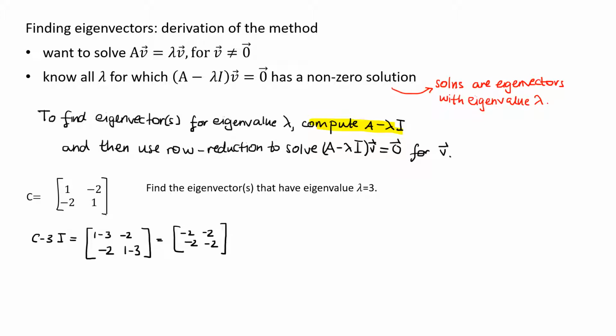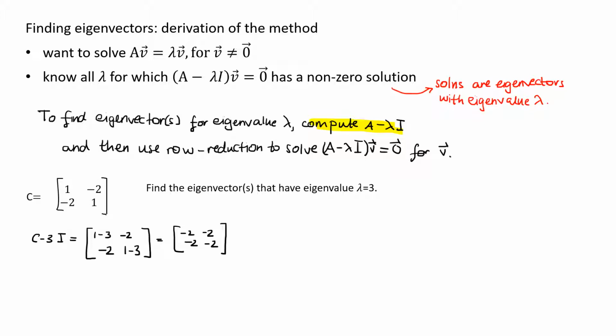All right, notice this isn't invertible. If you got something invertible, you would have made a mistake earlier. So if you ever get something that's invertible, go back and check your earlier work. Something went wrong. Okay, next we're going to use row reduction to solve (A minus lambda I) times V equals